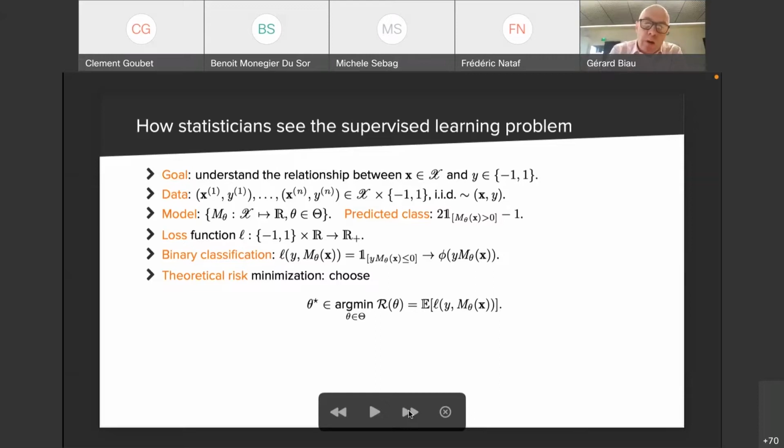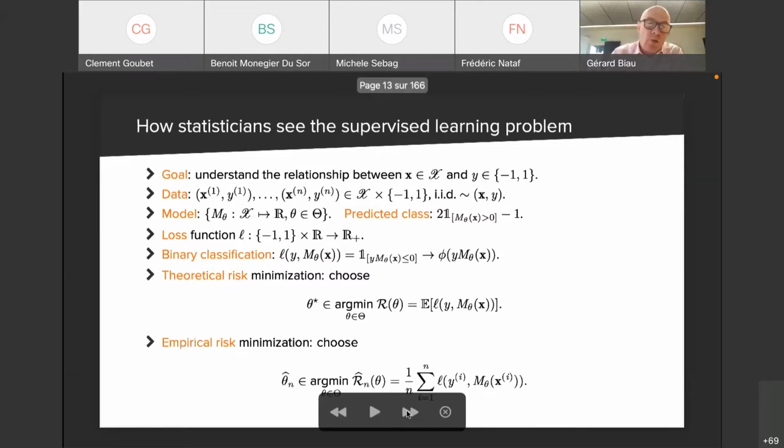And of course, this parameter is unknown since it depends on the unknown distribution of x and y. And so we just replace it by an empirical quantity. So that's just the expectation based on the data, and it's called the empirical risk. It's R hat n. And we have a parameter that we are going to use. This is the best parameter in the model that we can use for next predictions. Okay, so that's the general